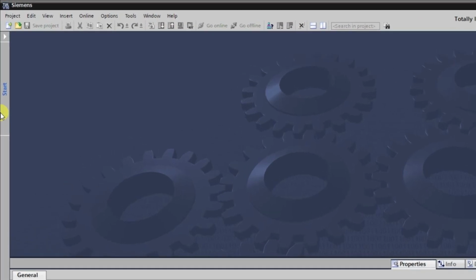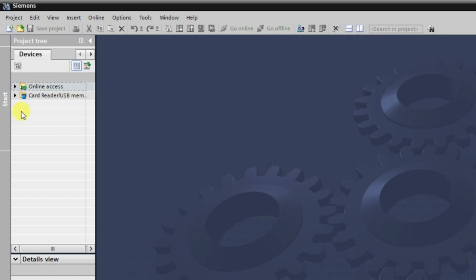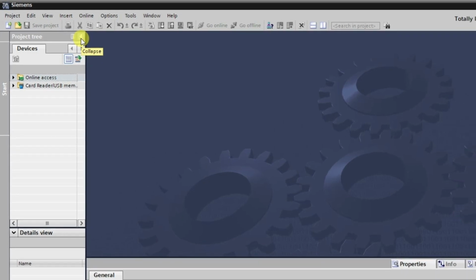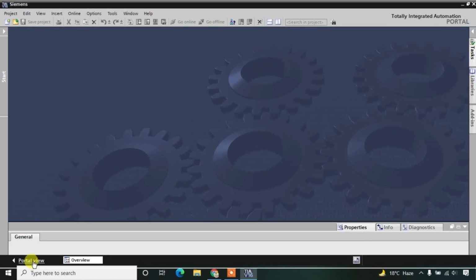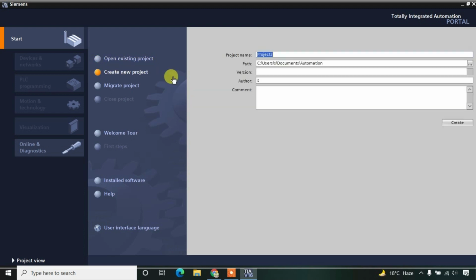So if you want to create a project, first of all you can go here. We can click here also, or better, we can go again to the portal view. See here, now we are on the project view, so the option here is to navigate to the portal view. Now we will be creating one project, so we can click on this one, create a new project here, and you can name that project.